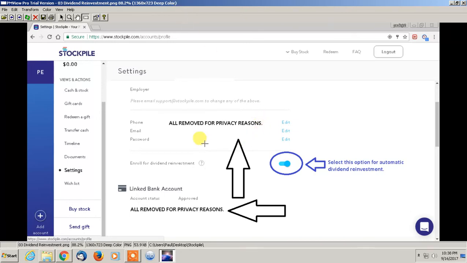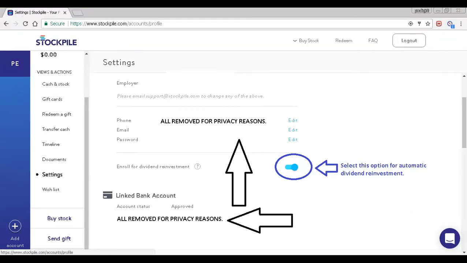And this is just something that I highly recommend. It's in the settings part of the website. By default, this is off, so I would click on this and make sure that it is selected. This is something I never knew before, but there are different companies that do offer a dividend. And a dividend is basically the same thing as having a savings account. So no matter how the stock does, whether it goes up or down,